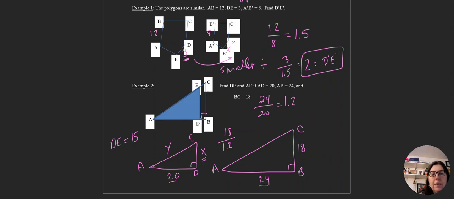Now, y doesn't have a respective number over here. We don't know how big AC is, and we could find it and then figure it out. Or you may have noticed already that we have a right triangle, and for all right triangles, if we know 2 out of 3 sides, we can use the Pythagorean theorem. So really the other way we could do this is say 20 squared plus 15 squared equals what I wrote as y squared. So 20 squared plus 15 squared